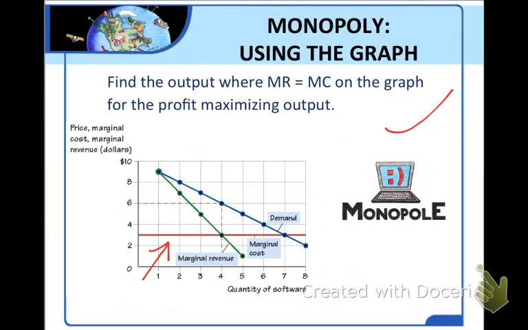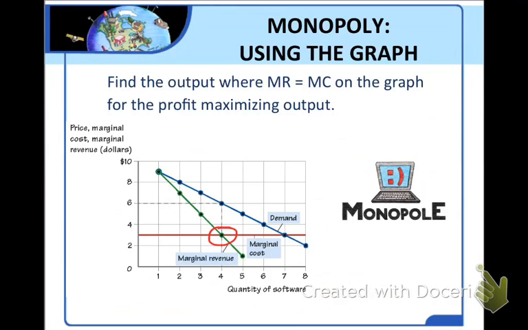To simplify the situation, we'll assume that software can only be sold in whole units. So the lines between the dots in this figure are just connectors that don't represent options to sell partial units of window shade. Marginal revenue and marginal cost are equal at a quantity of 4 units. Right there. This equality marks the profit-maximizing quantity of output.